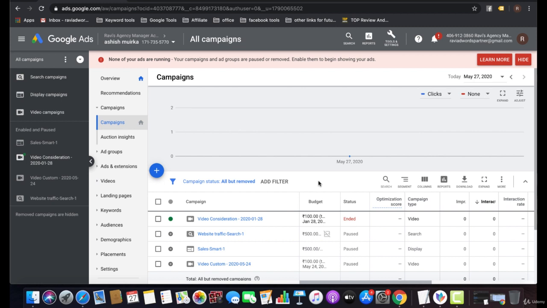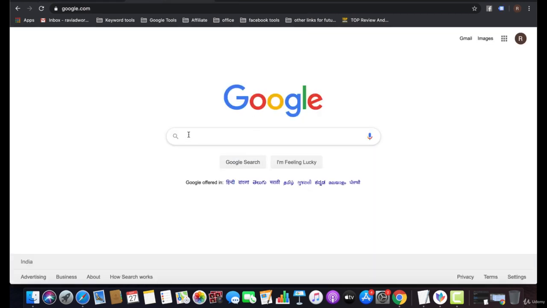Now, how does bidding work? Advertisers bid on certain keywords in order for clickable ads to appear in Google search results. I have already shown you how bidding works.